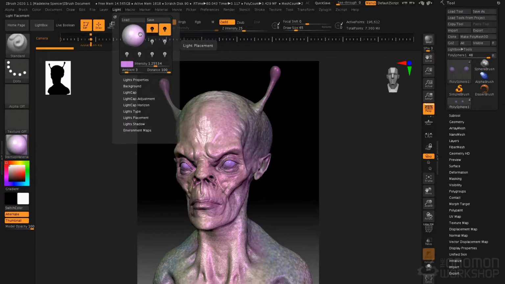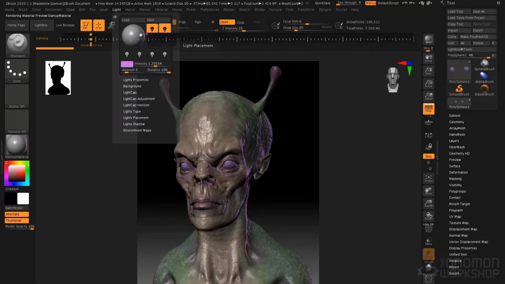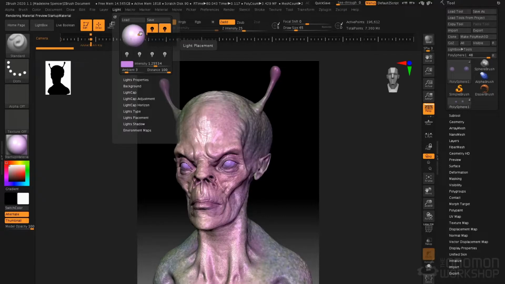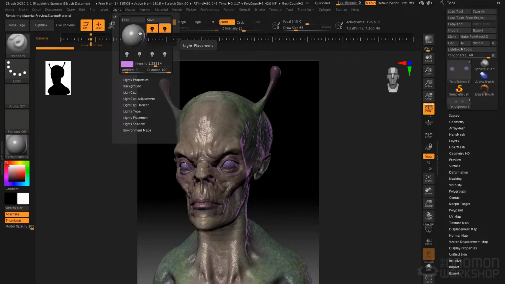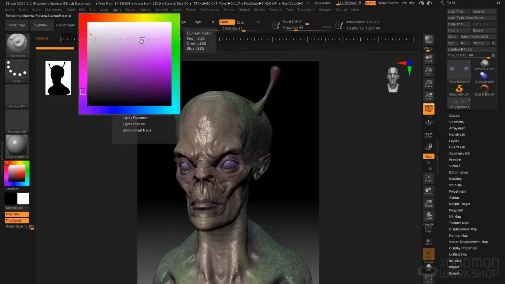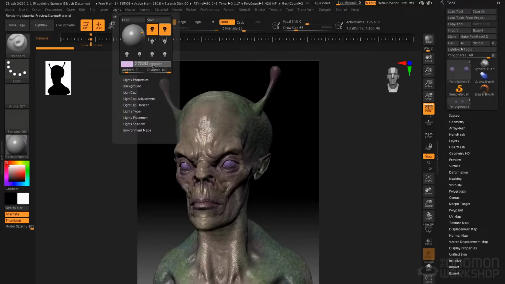Now if I click on the dot here that represents the light, it'll put it behind the model and give me this nice rim light. Make sure we don't double-click it, as that brings it back to the front. Now we can move it around and get the rim light that we want, and then adjust the intensity. If it's too strong, I can dial that back a little bit. Maybe let's make it not quite so purple, bring it up towards white, and then increase our intensity again. There we go. So we get a nice rim light that carves out some shape and helps define